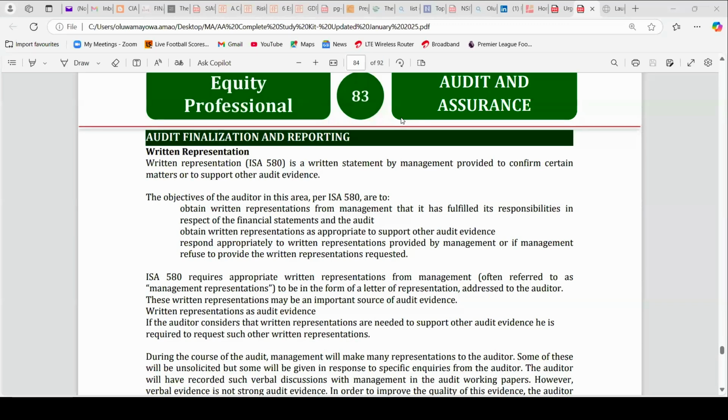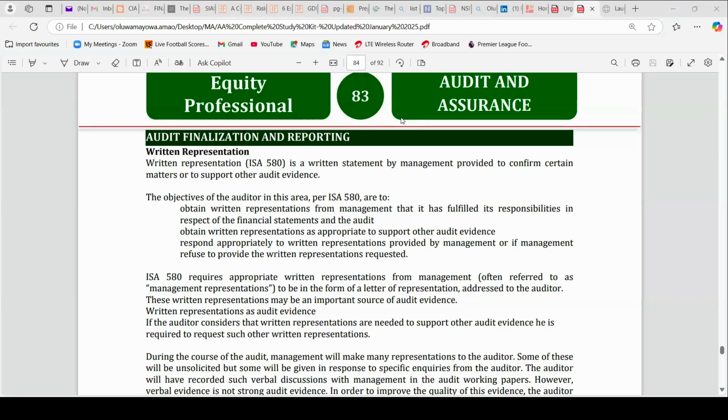Then the third objective is that the standard says that the auditor should respond appropriately to written representation provided by management, or if management refuses to provide written representation where requested. So it's one thing for management to provide written representation. There are some written representations that the statement of management would demand that the auditor responds to. So take for instance,